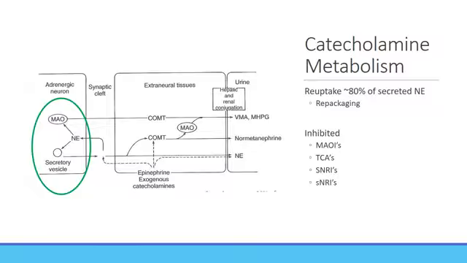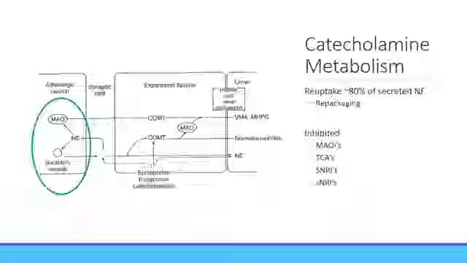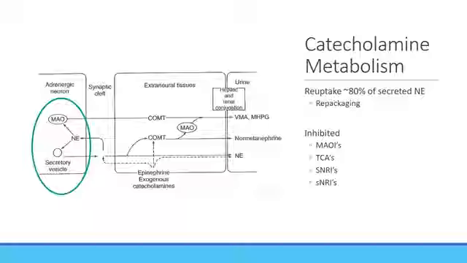Your MAOIs, your monoamine oxidase inhibitors, are going to basically inhibit the metabolic activity of your MAO, which is one of the enzymes that's primarily tasked with the breakdown of catecholamines. So the monoamine oxidase that's present in the adrenergic neuron is inhibited when patients take MAOIs, and so we can see an increase in